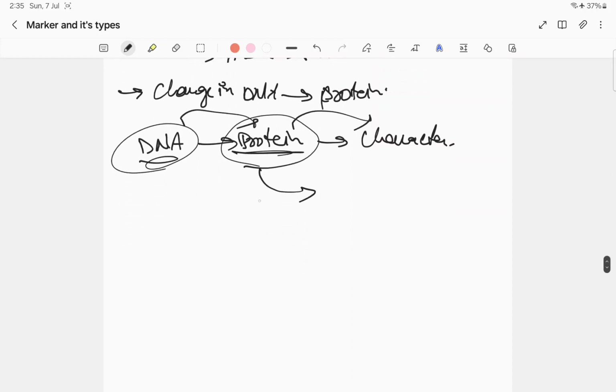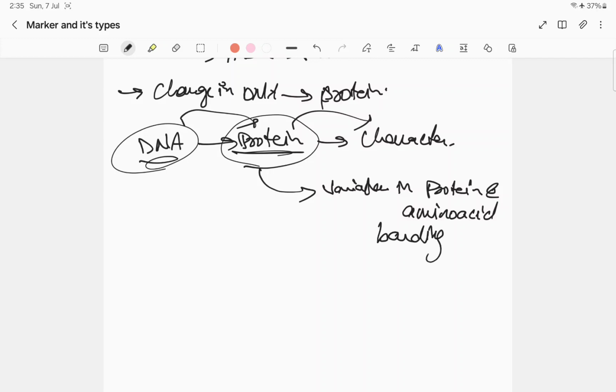See, it's related to variation in protein and amino acid binding pattern. And the disadvantages here is